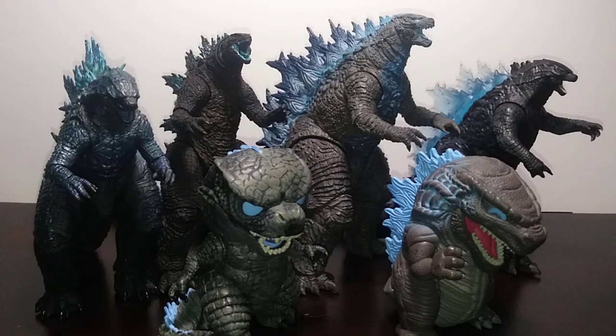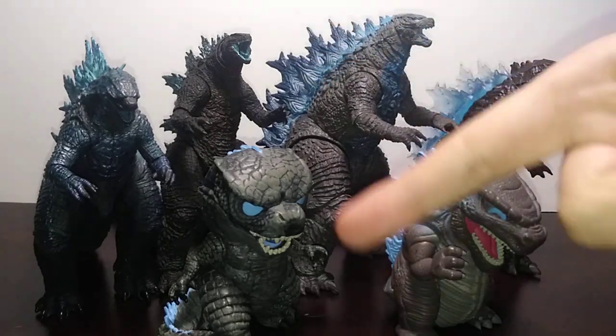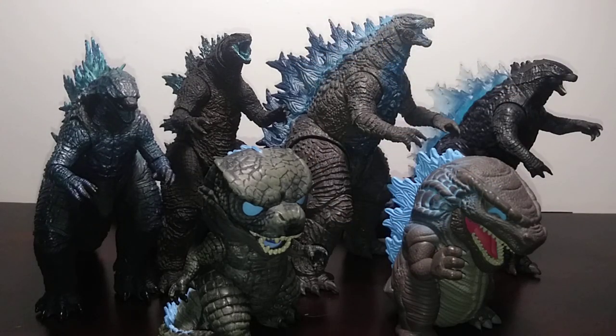In, more or less, second place, we have a tie between the Funko and the Monster Arts. Yeah, not so likely there, huh? Funko won the tie point in size and the price point, while the Monster Arts won the point in articulation and the size tie point. So that's basically where those two are at equilibrium with each other, which brings us to the final three: NECA,